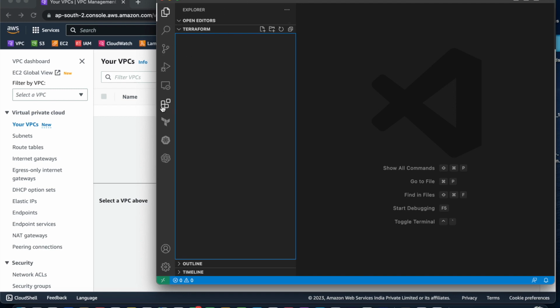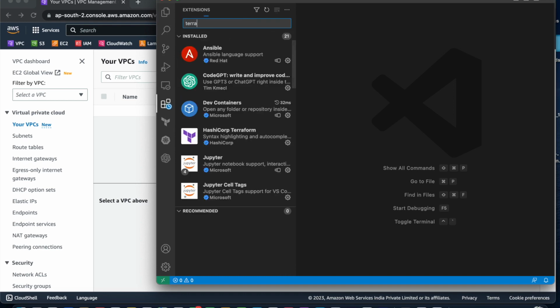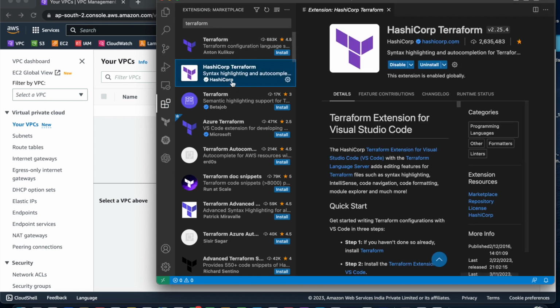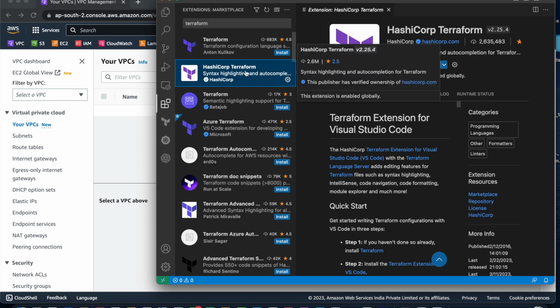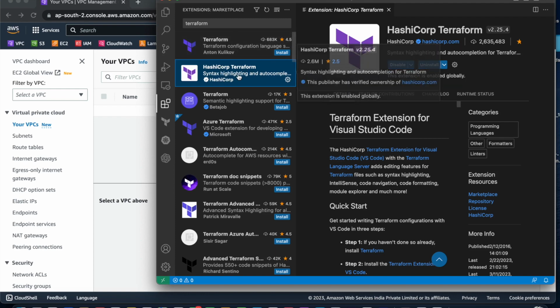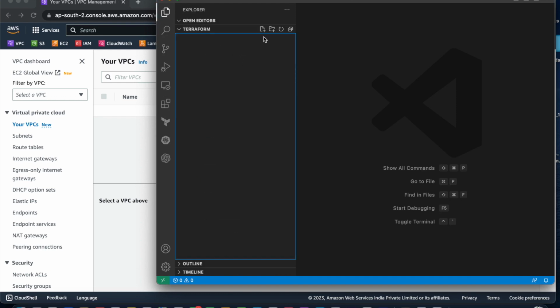Once you install Visual Studio Code, go to extensions, then search for Terraform in the search bar. Then install this extension, HashiCorp Terraform, because it is going to highlight your syntax, so you don't need to type everything. It autofills, so that saves a lot of time. Let's see that in action. Don't worry about the syntax, because in later lectures I'm going to explain it, but just try to understand